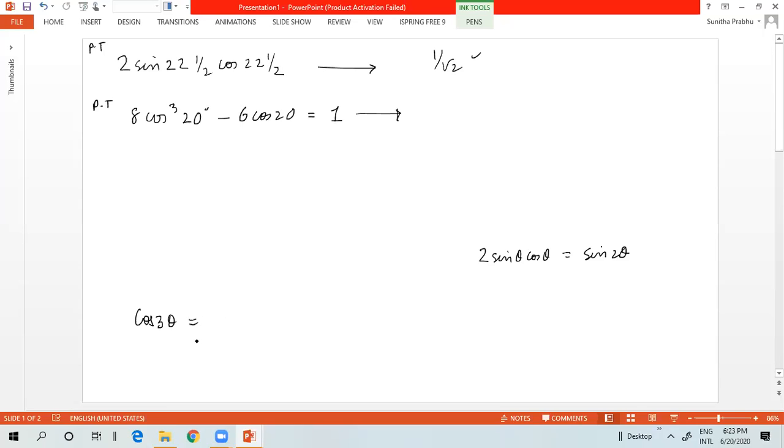You're flipping the pages. 3 sine theta minus 4 sine cube theta. Hey, I have cos 3 theta. Sorry, 4 cos cube theta minus 3 cos theta. So we can take 2 common. You take 2 common out. You have 4 cos cube 20 minus